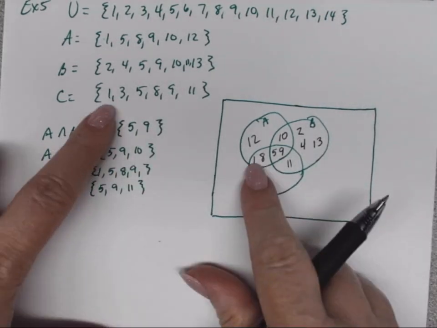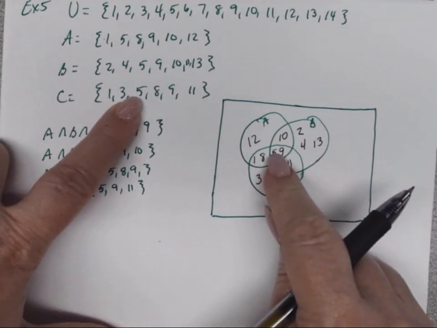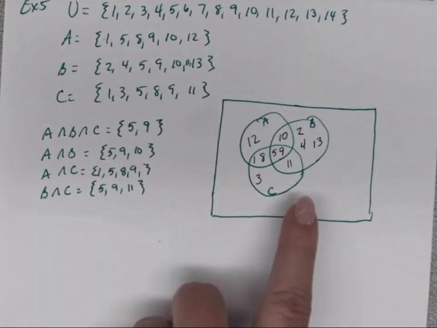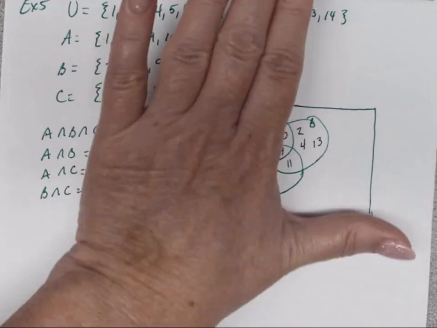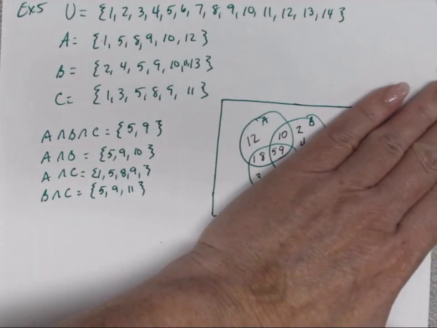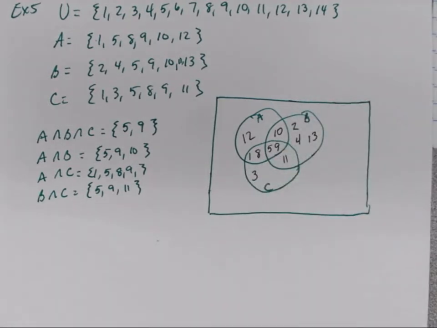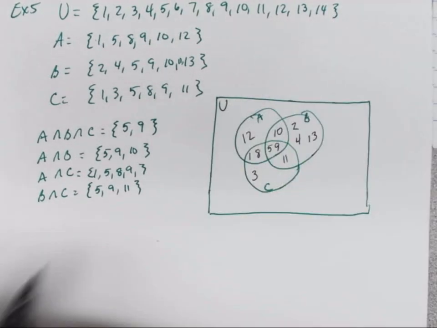In set C, we have the 1, we need the 3, we have the 5, we have the 8, we have the 9, and we have the 11. So in here, now you can see this is all of set C, all of set B, and all of our set A. Now, to put in our universal set, which we didn't label, so let's put a U there,